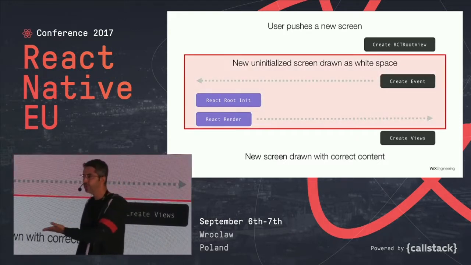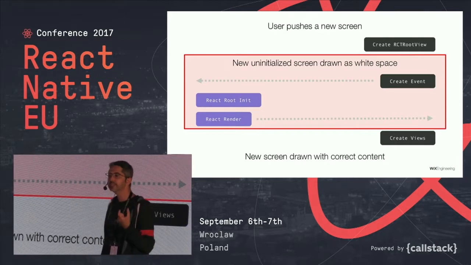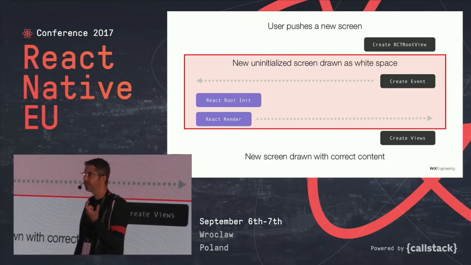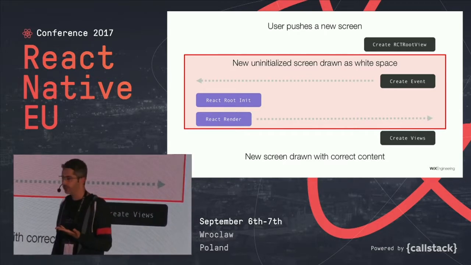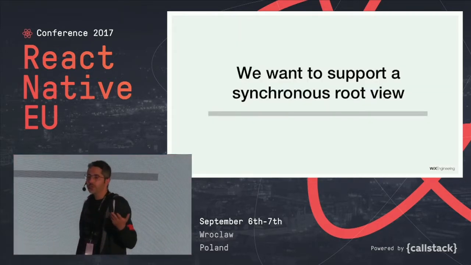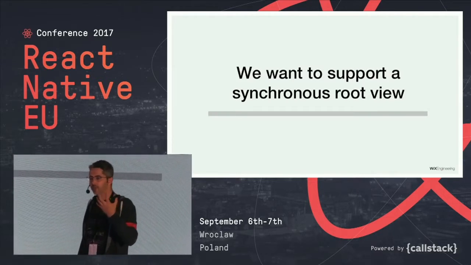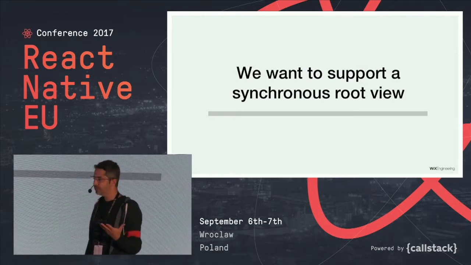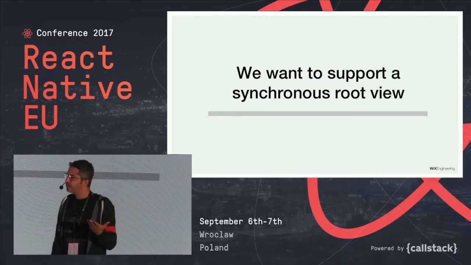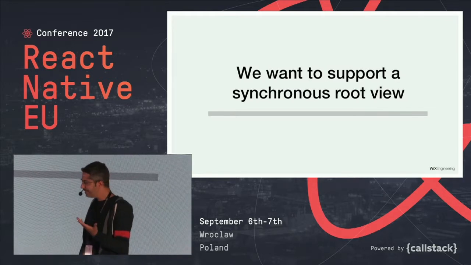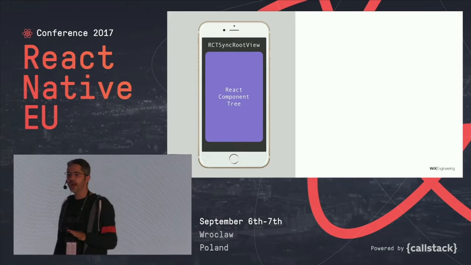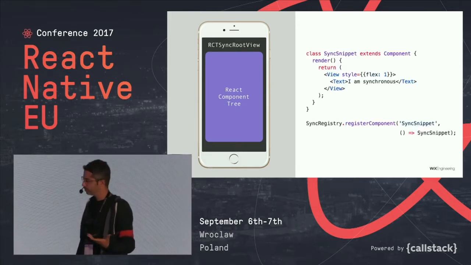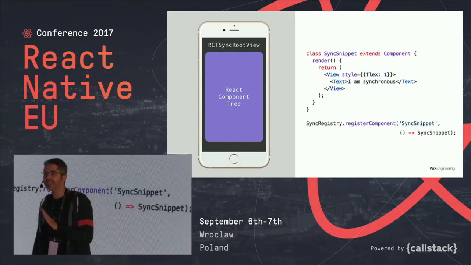Once again, if we look, we have this part that is non-negligible. It comes from the asynchronicity of the system. And this is the white flicker that I talked about. So, what do we want to do? If we want a great API to go around this problem in a very core way, what can we do? So maybe we should have a synchronous root view. What does it mean, really? We will give this root view the exact same API. Why? Because we want it to be easy to use. So you would use it in JavaScript in the exact same way.